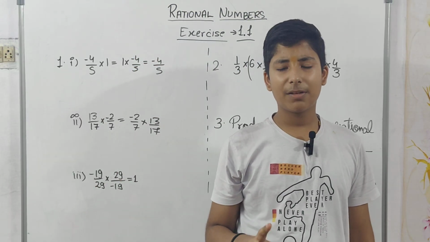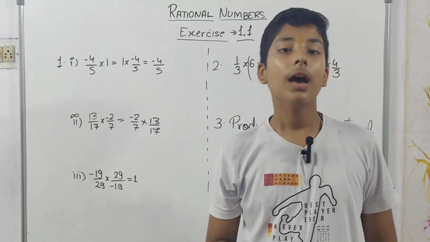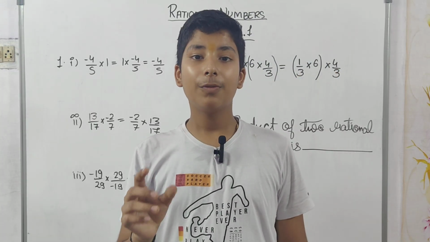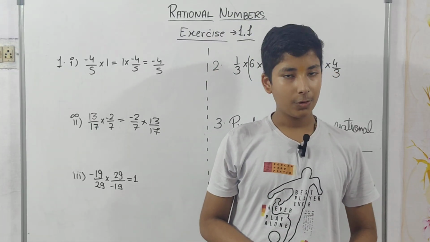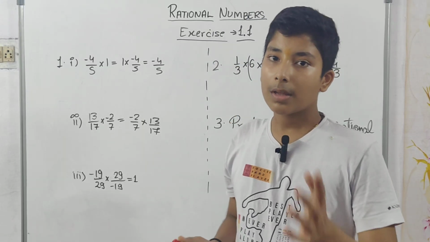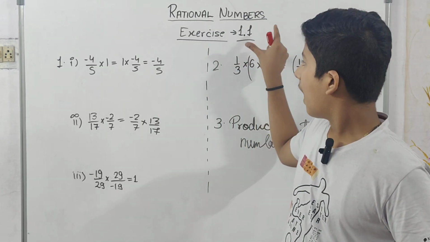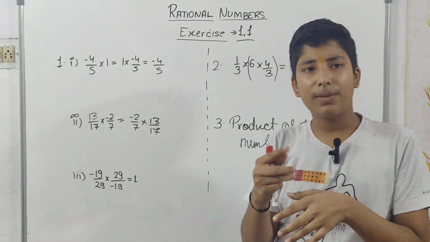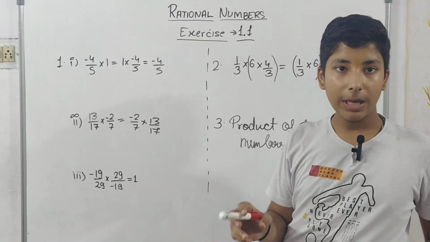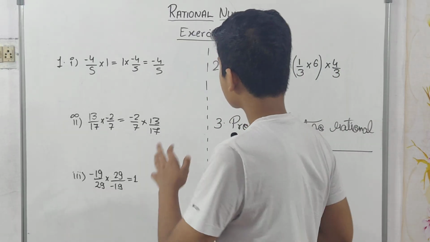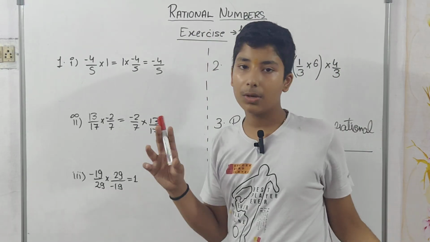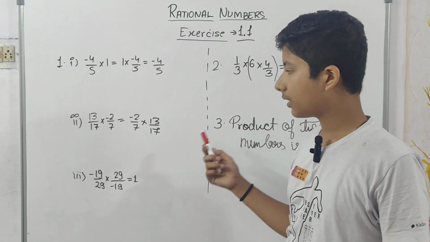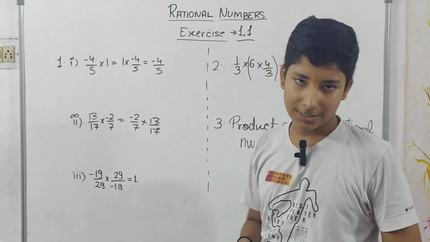See, many requests were coming for the class 8 syllabus. Otherwise, I would have started with the class 10 syllabus. Okay, so now let's see. It is our exercise 1.1, rational numbers. I'll give you the explanation later, but today I am going to do the exercise. Exercise 1.1 has only and only 3 questions. This chapter would be completed.